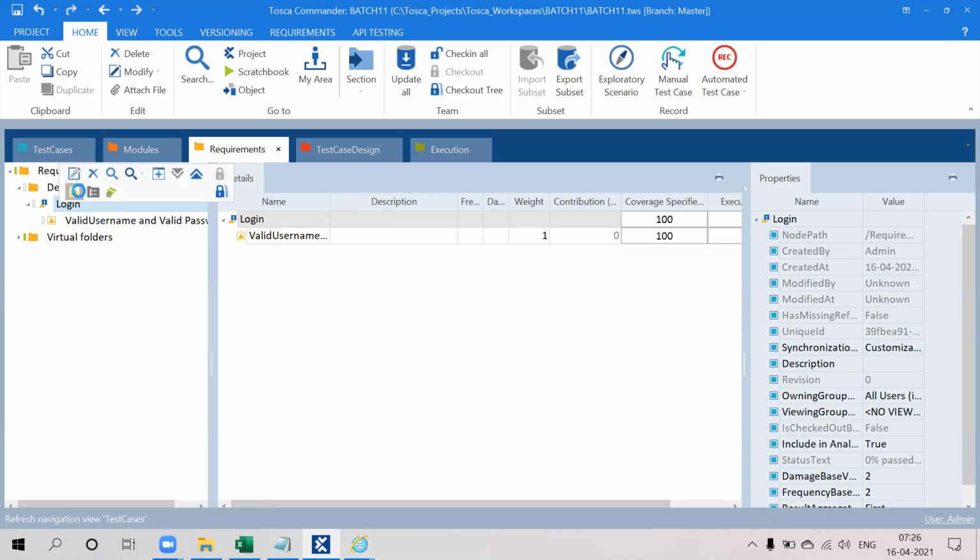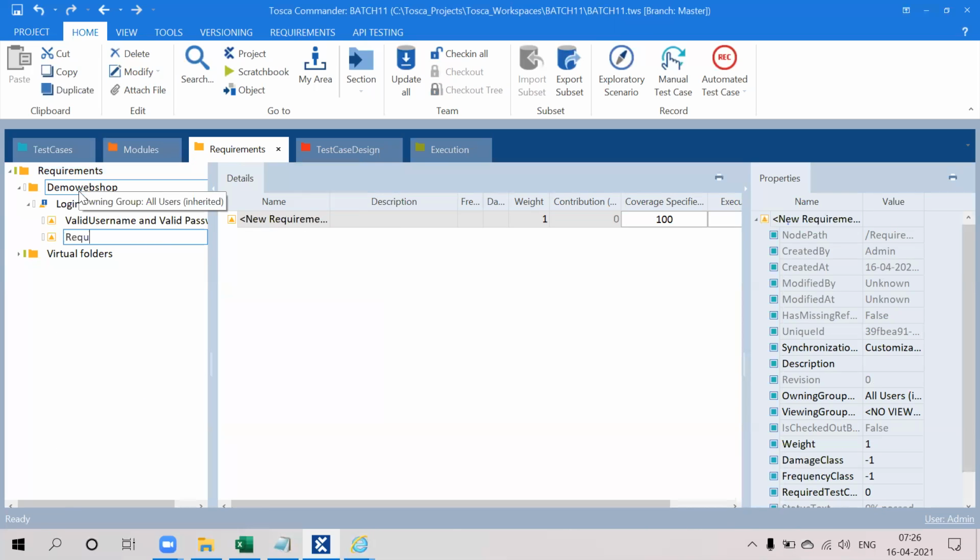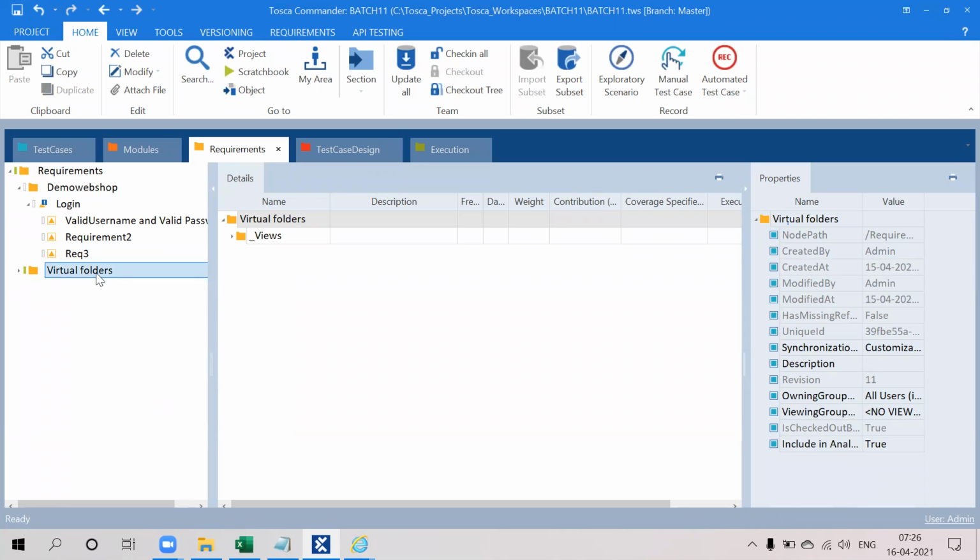Likewise you can create requirement 2, requirement 3, and so on in the requirement section.